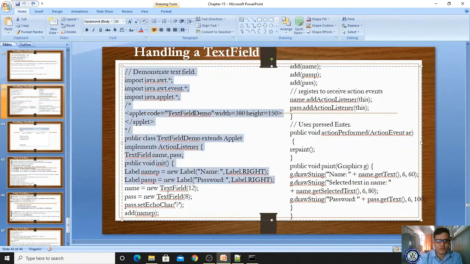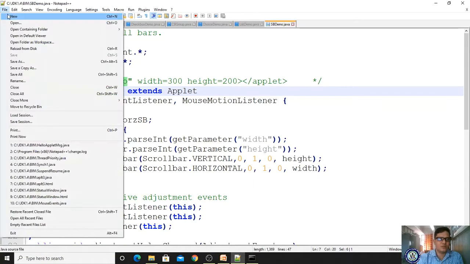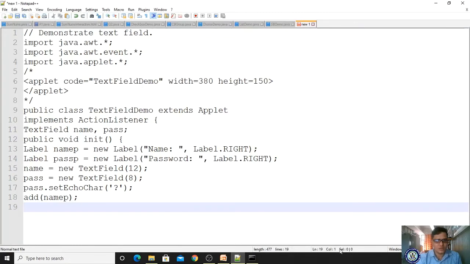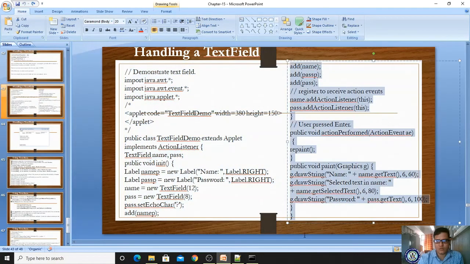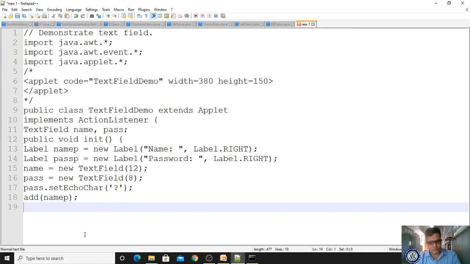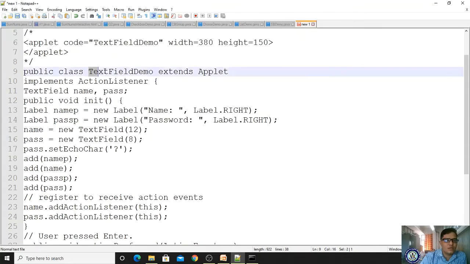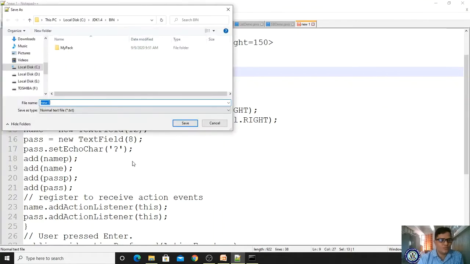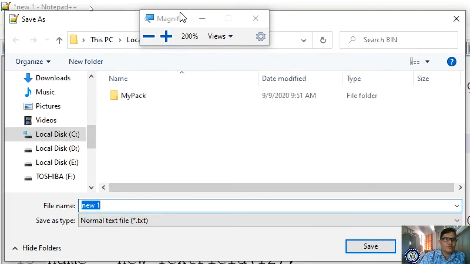Let me copy and open Notepad++, take a new file and paste it. Come to your slide, copy and paste it. That's it. Now save it. How to save? TextFieldDemo dot java, ensure that you are storing it in the appropriate folder.